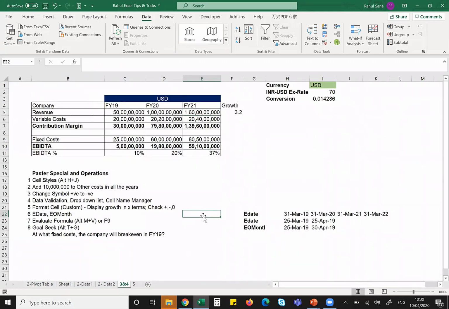Okay, let me quickly jump to the pointers that I told you. Just ignore this whole sheet. Just focus on my words. Whatever I ask you to see, just see those, and you will learn a lot out of this. Okay, this is data. This is data of a company for 3 financial years.